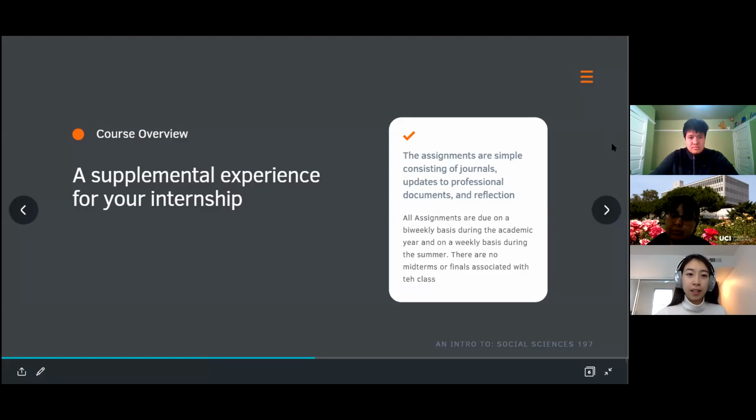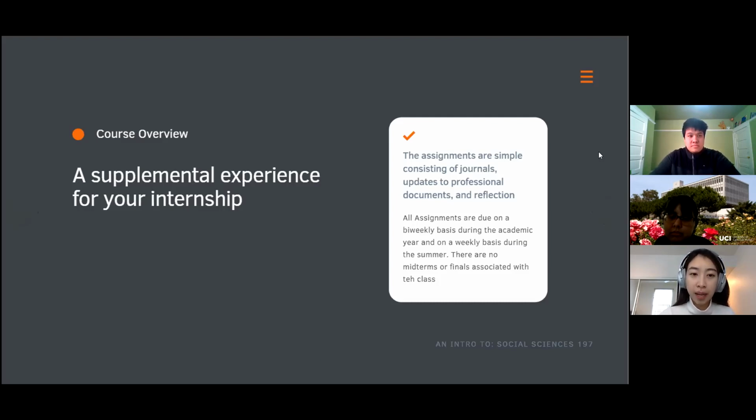So this is just an overview about this class. This class varies from 2 to 4 units. It depends on the hours of your internship, and it depends on whether it's paid or not paid.